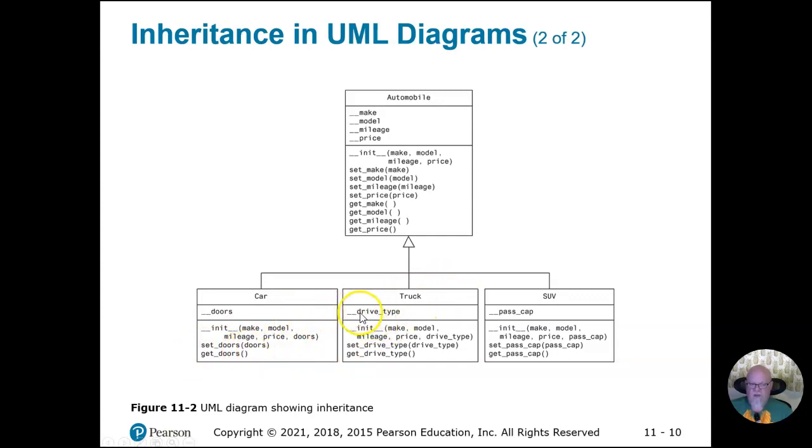Same way with truck. We've got the drive type, new data instance, and here's a new init. It's got the make, model, mileage, price, and drive type. And then we've got set drive type and get drive type. Same thing with the SUV. So everything that's up here is also included down here, but we don't retype it. There's no need to retype it, because when we inherit from it, it automatically brings that stuff in. Okay, so